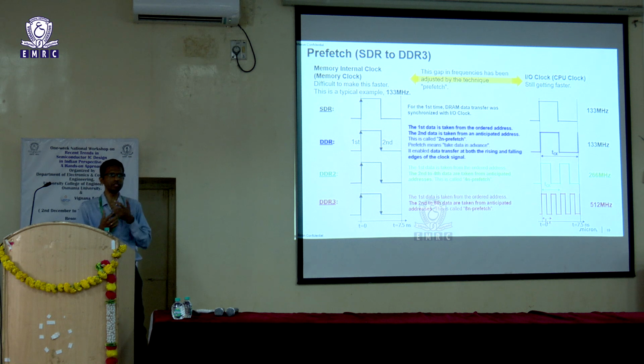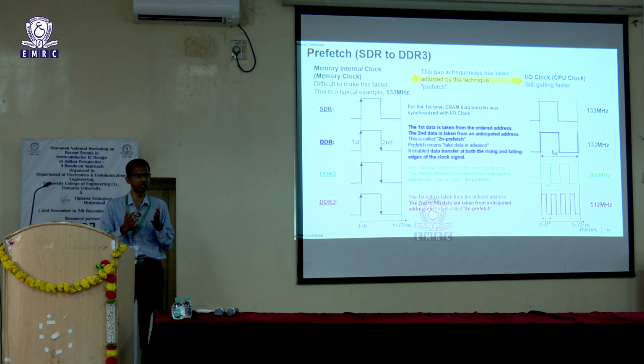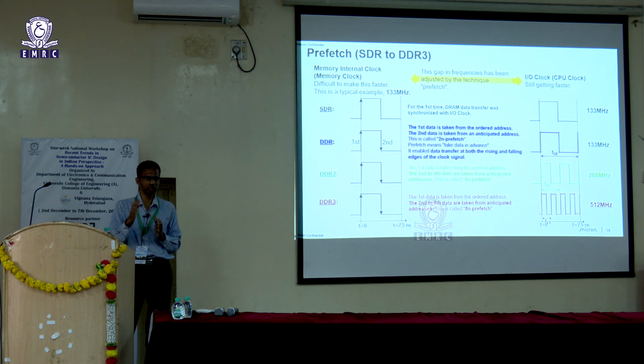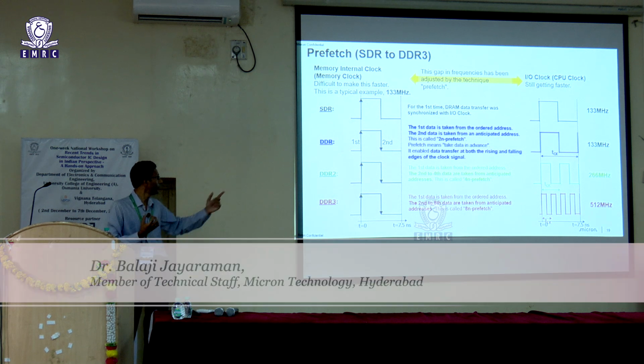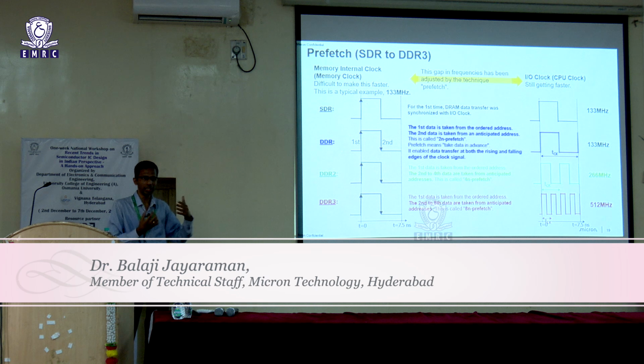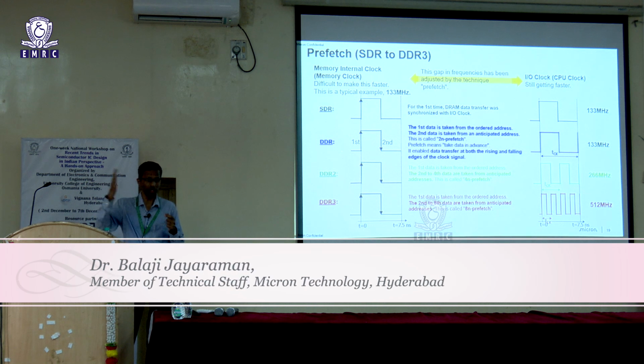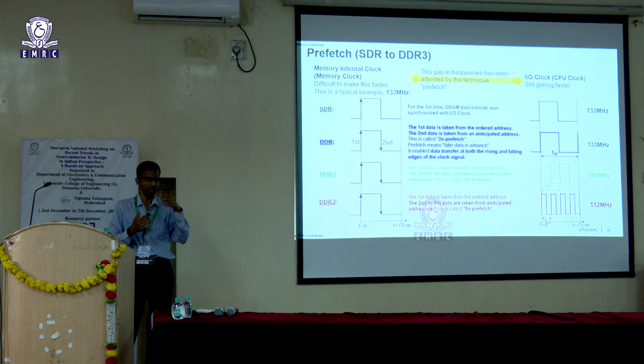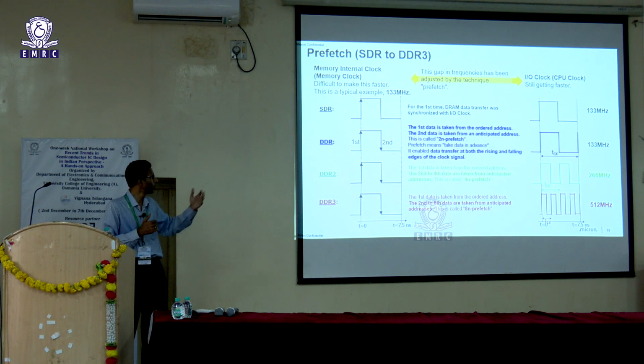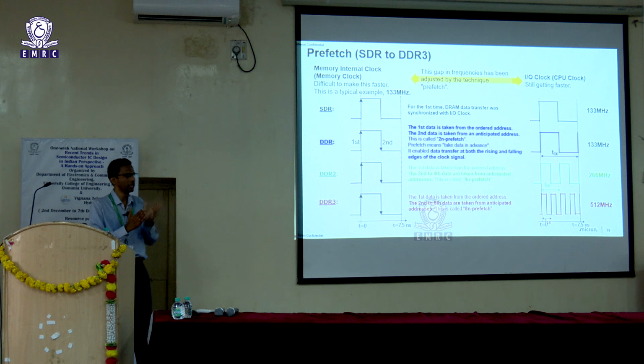So when we are saying we are capturing data at both the edges, what are we doing internally? Because when you are doing a memory access, you give a row address and you give a column address. So some data comes out. Now we are saying, okay, we are going to take advantage of the next edge as well, which is not the actual positive edge, but the negative edge. So your column address or row address will get refreshed only on a cycle to cycle basis, but now we are taking advantage of an internal edge position.